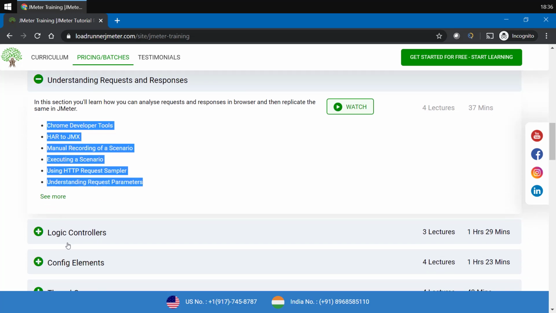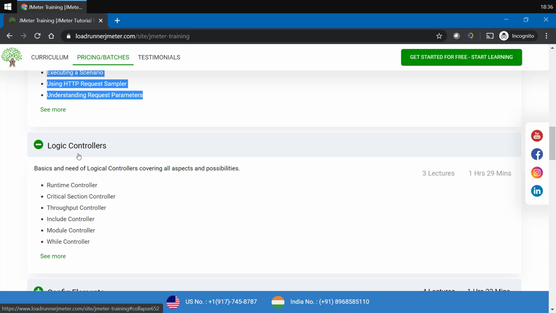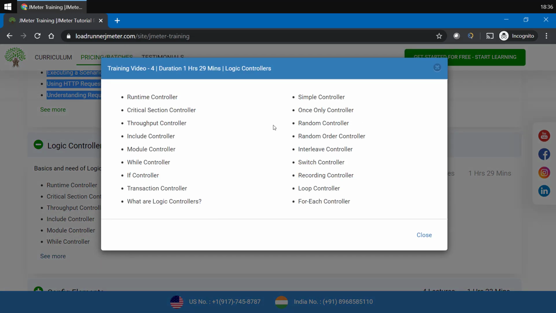Then we would be moving on to logic controllers, where we would be using a kind of special functionality folders, where we would be keeping our elements which perform actions accordingly, right? There is the runtime controller, critical section controller, throughput controller, include controller, module controller, while controller, and many more.